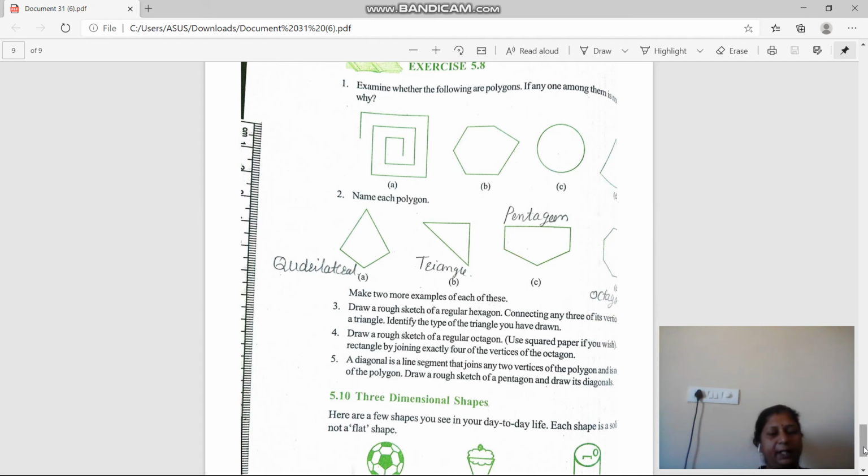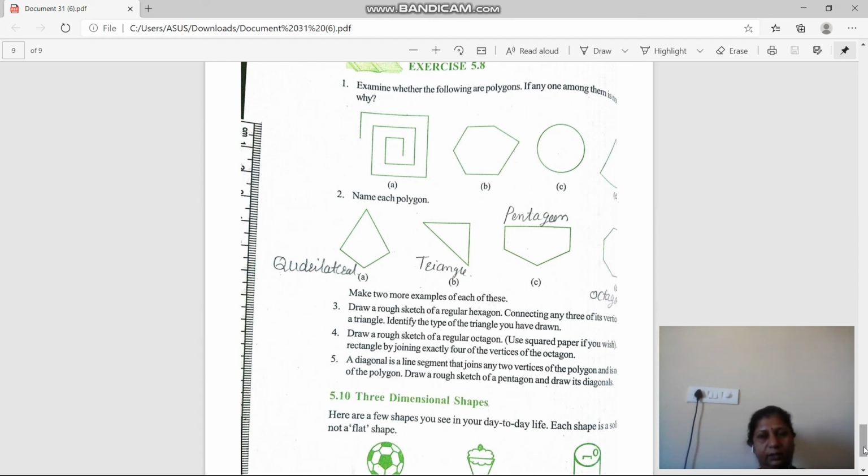A cuboid is like a rectangular box. So see the first figure on page number 110. Can anyone tell me an example of a cuboid? Your pencil box, match box. Then you can say copy also, book also. It has 6 faces and 4 edges and 4 corners. Remember one thing, how many faces are there? 6 faces. How many edges are there? 4 edges. How many corners are there? 4 corners.